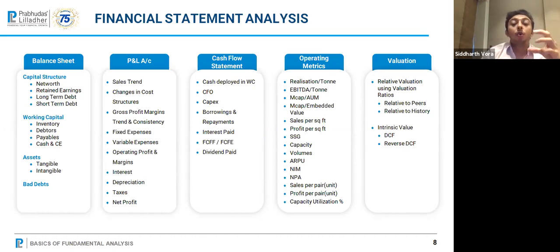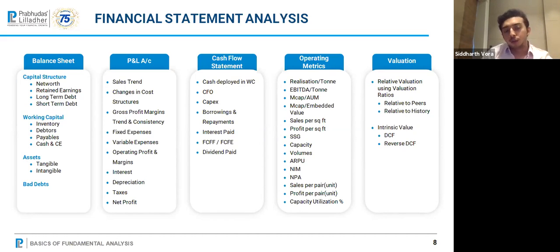For banks, you need to know net interest margins and non-performing assets. I'm just giving you examples so that you're aware that for every different industry, there are 3 to 5 critical metrics which you need to be aware of. And before you ever buy a stock, you should have your Excel sheet ready with at least 5 years of data of those 3 to 5 operating metrics.